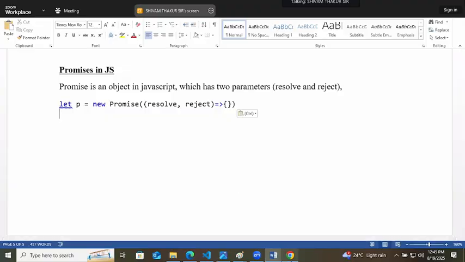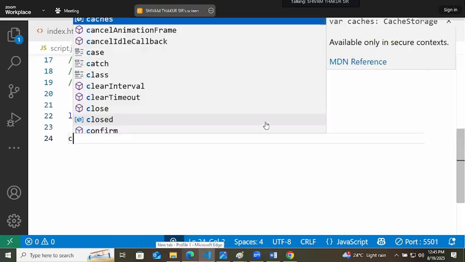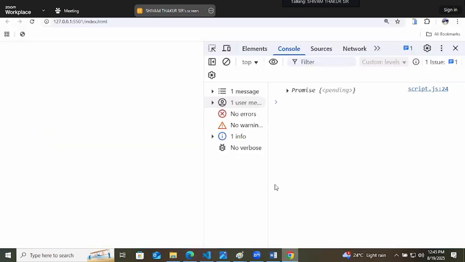Now, let's try to print this p on the console. We should check what a promise actually is. When we print the promise to the console, it prints a Promise. Open it. Promise has a prototype, as all objects have. Then it has the promise state as pending.